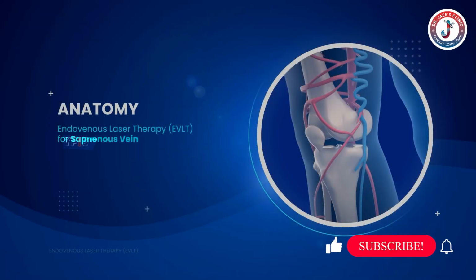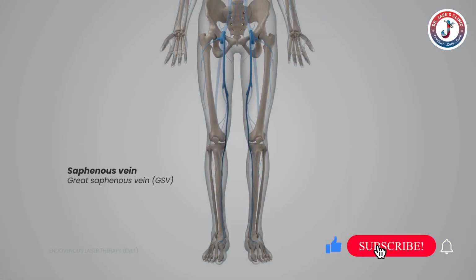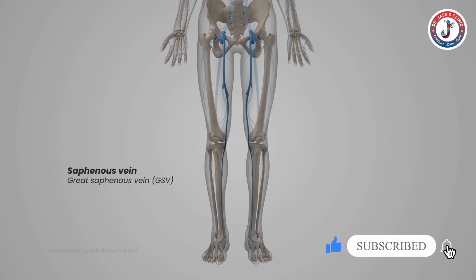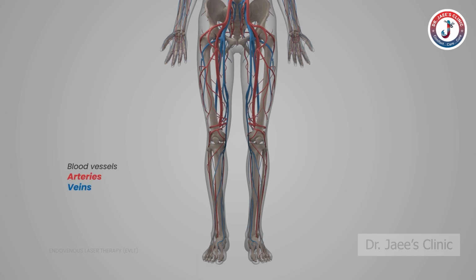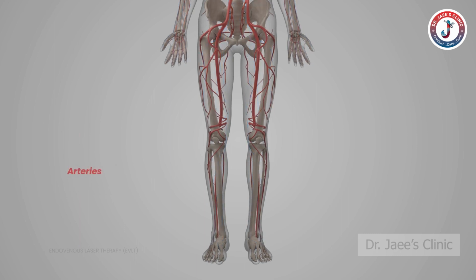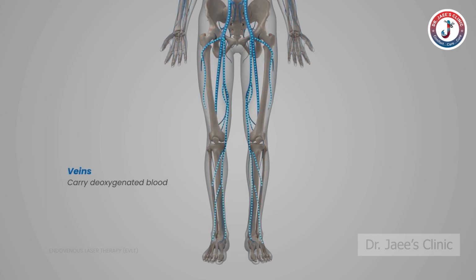Anatomy of the saphenous vein. The saphenous vein, commonly known as the great saphenous vein, GSV, is a large blood vessel running close to the inside surface of the leg from the ankle to the groin. Blood circulates in the body through a system of blood vessels consisting of arteries and veins. Arteries carry oxygenated blood from the heart to different parts of the body. Veins are the vessels that carry deoxygenated blood from various tissues of the body back to the heart for purification